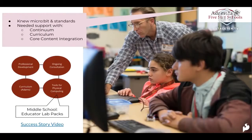Another story that we love to touch on is Adams. They are a local district to Denver, Adams 12 5-star schools. This is kind of a different story. They came to us saying, we've done a ton of research and we want to use the microbit. We're not quite sure how to use it, but we want to meet these standards. So that was kind of a new challenge proposed to us: here are the standards, here's the product,